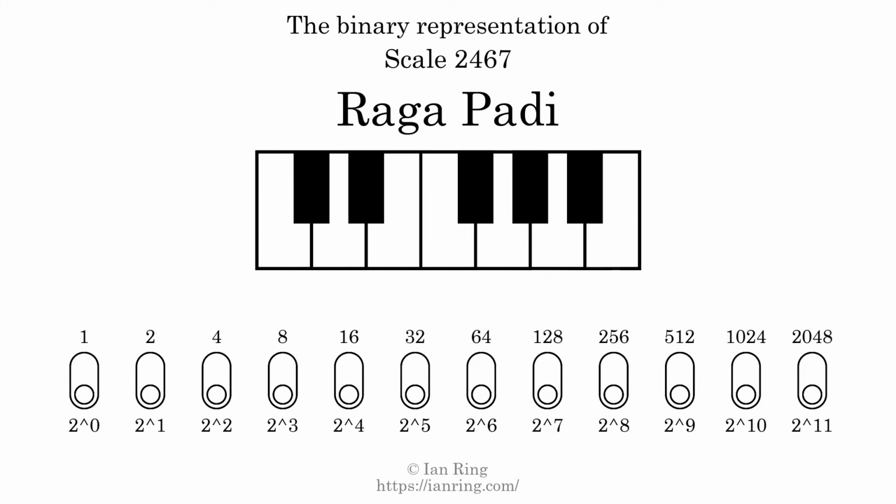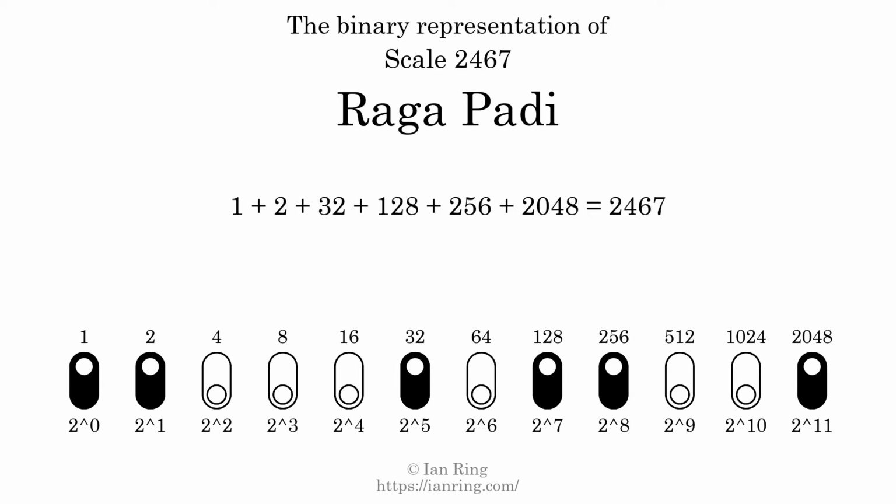The binary representation of this scale is determined by mapping tones of the scale to binary digits. Each binary digit represents a power of 2. To get the scale number, we add the powers of 2 together. The powers of 2 that are present in the scale, all added together, equals 2467. That is why the scale number, in decimal, is